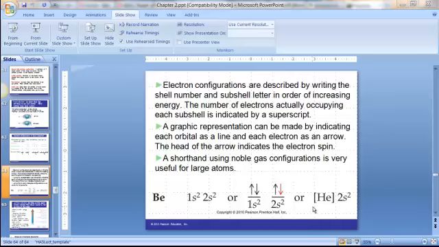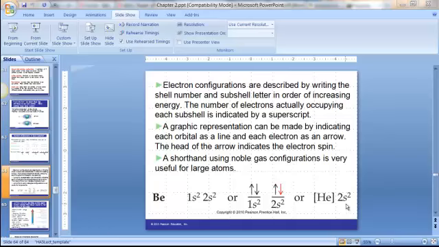You could also do a shorthand by writing the closest noble gas that precedes the element that you're designating your electron configuration for. If we look back at the periodic table, we'll see that helium is the noble gas that comes before beryllium, and the electron configuration for helium is 1s2. So we could say that the electron configuration for beryllium is essentially helium plus the 2 electrons